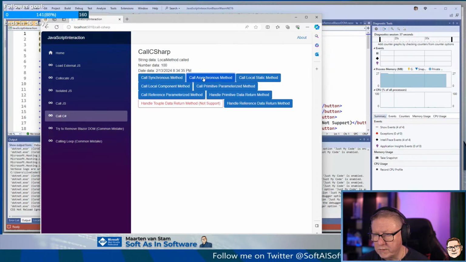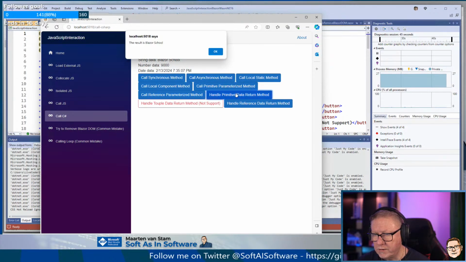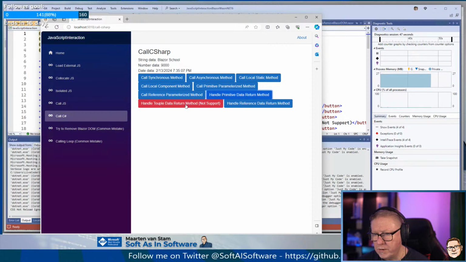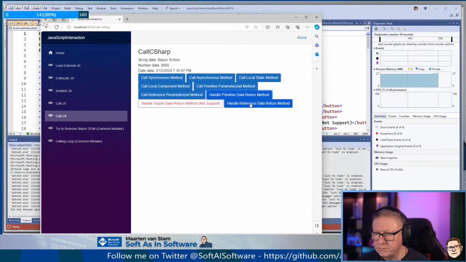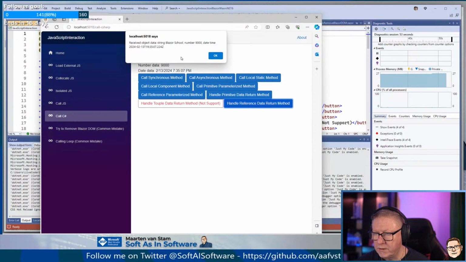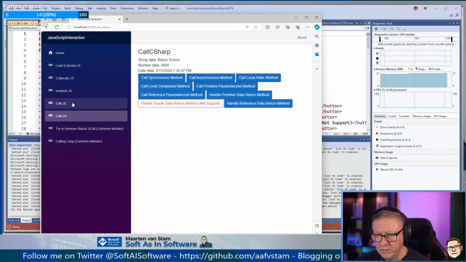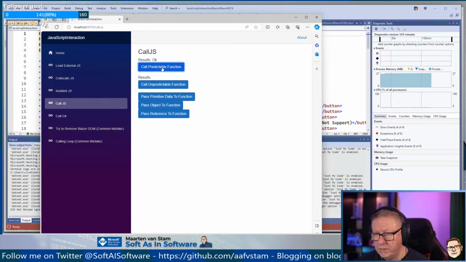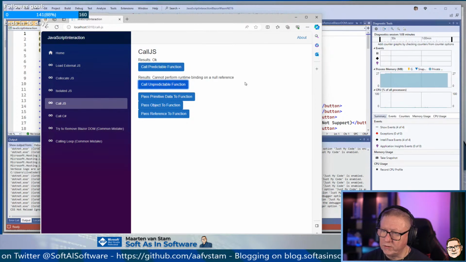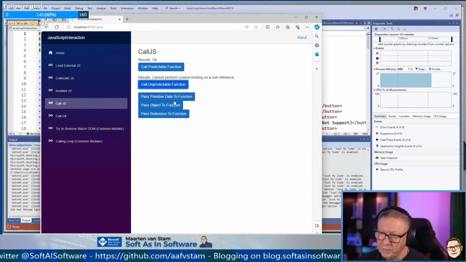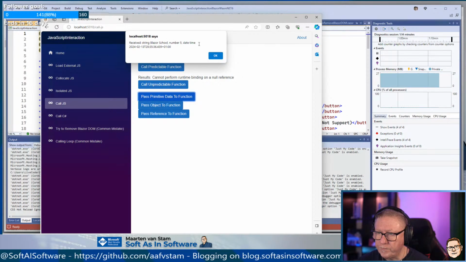That worked. This one's not working. Let's see. That works. Handle tuple. That works. That's not working. Works. Gonna perform runtime binding on a null reference. That's